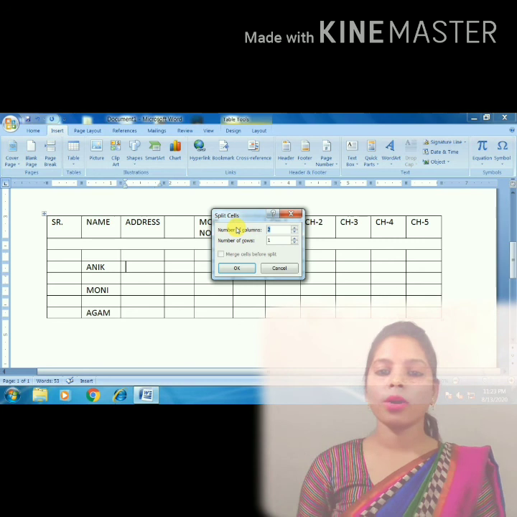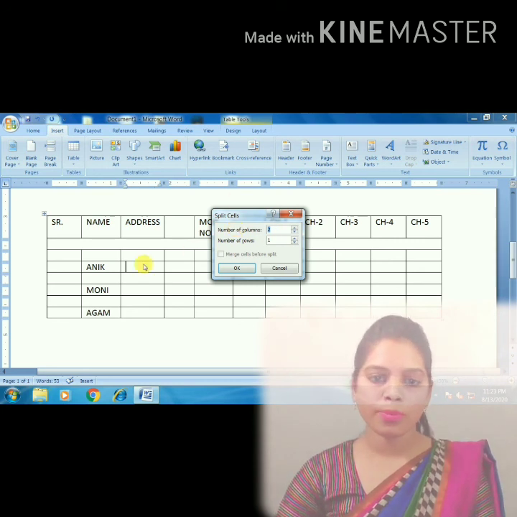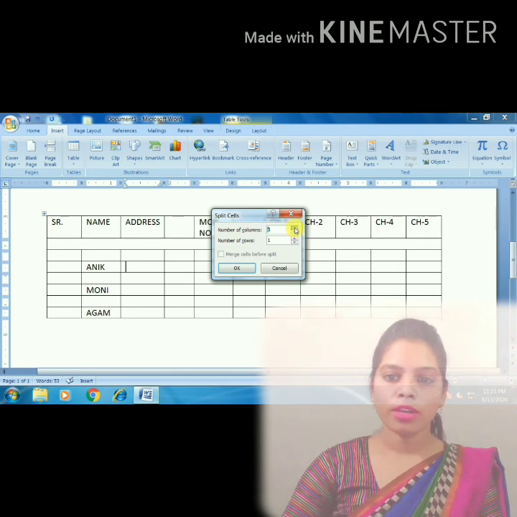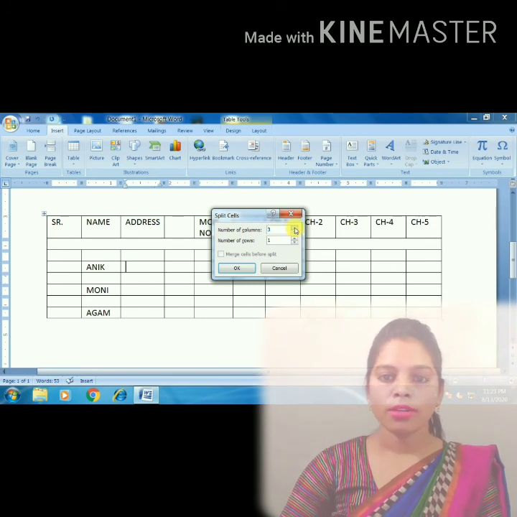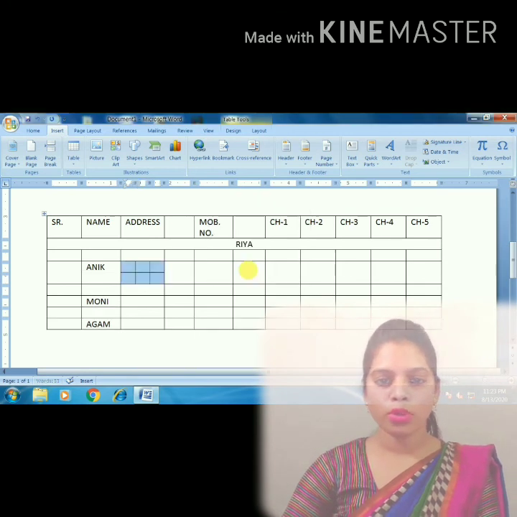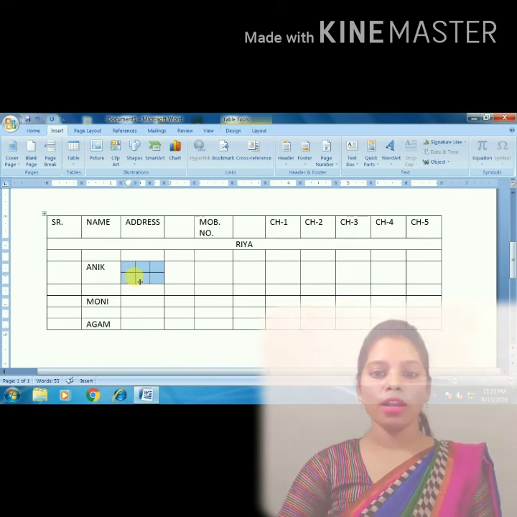When we click on split cell, a small box will appear over here. Suppose you want to split it into three parts. So, click on three parts, number of columns, and into two rows. In it, there will be three parts and two rows will appear.